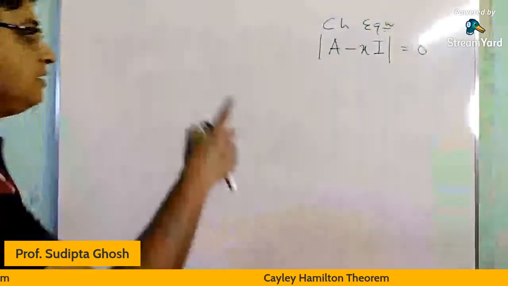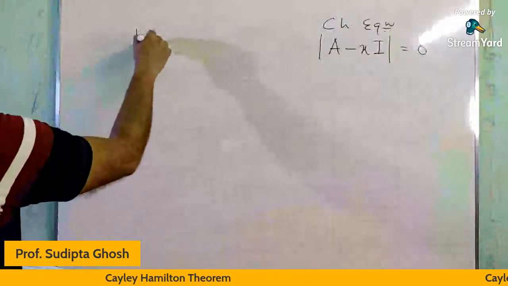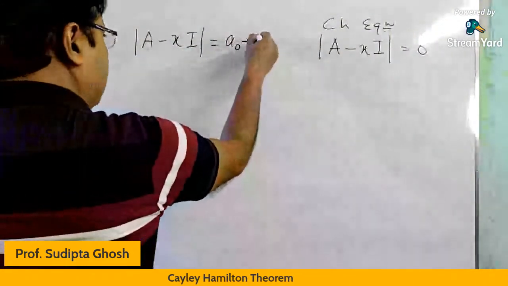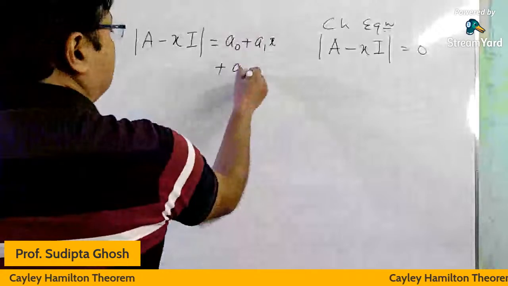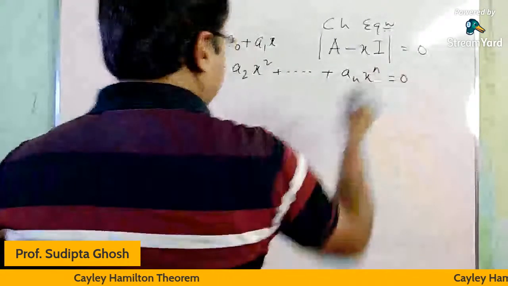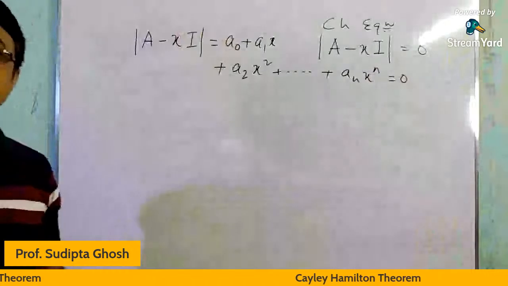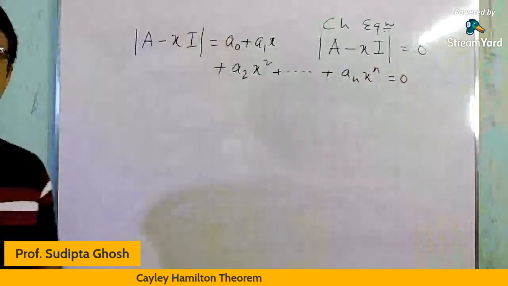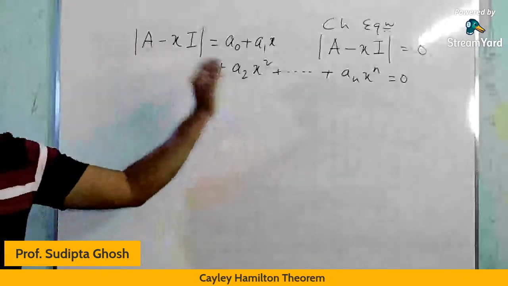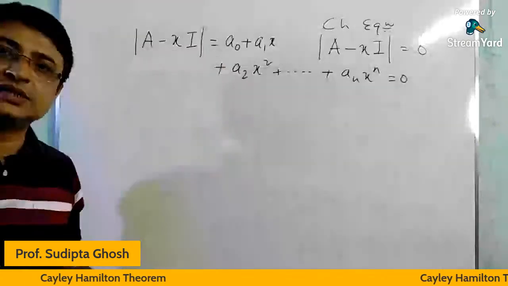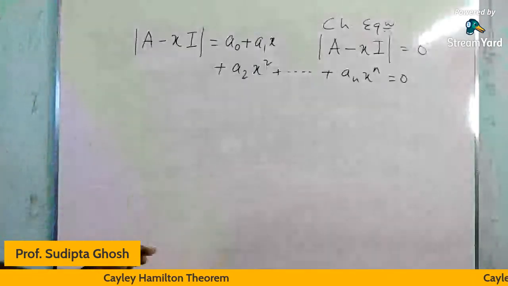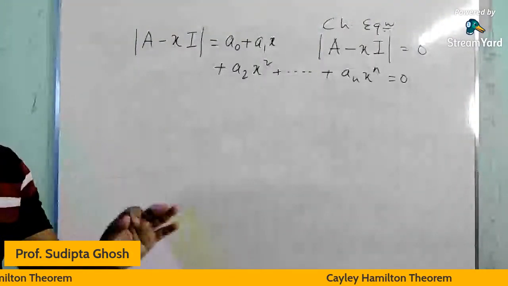That is, if the determinant of A minus xI equals A0 plus A1 x plus A2 x square plus dot dot up to An x to the power n equals 0 be the characteristic equation of a square matrix A, then